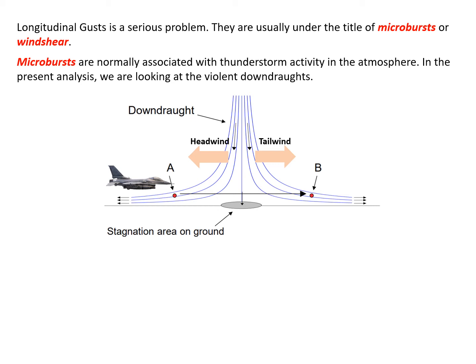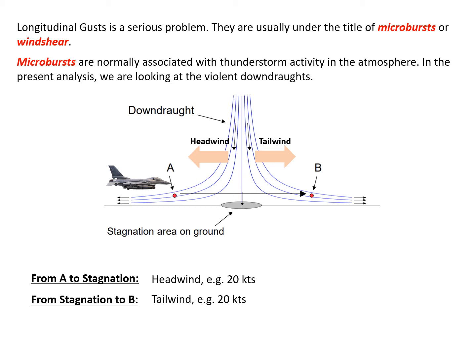And you can see there is an alternation of the wind speed, so that will change the aircraft true airspeed significantly. Let's see. From A to stagnation, there's a headwind, for example, 20 knots. And from stagnation to B, that's a tailwind, again, for example, 20 knots. So in total, when the aircraft is flying across A and B, there's a total loss of 40 knots of